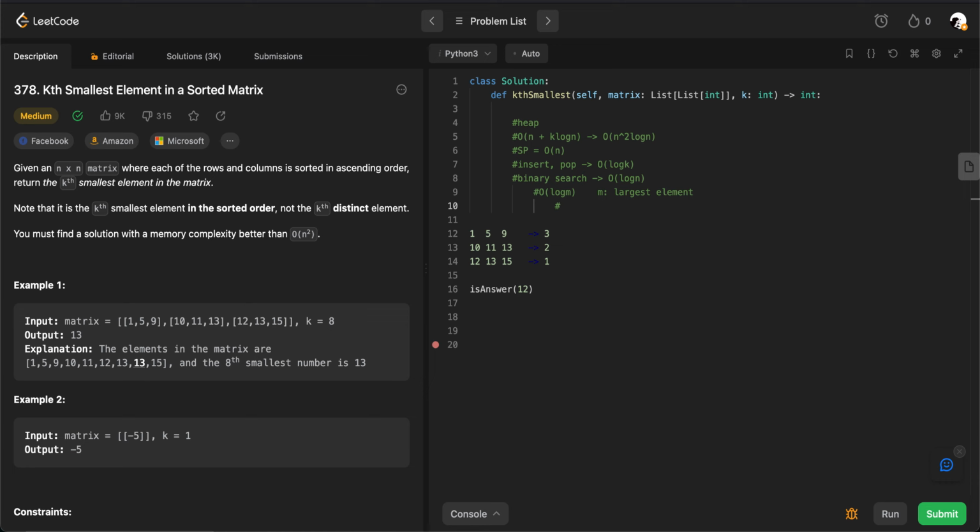So that might cost big O of n square. Well, it